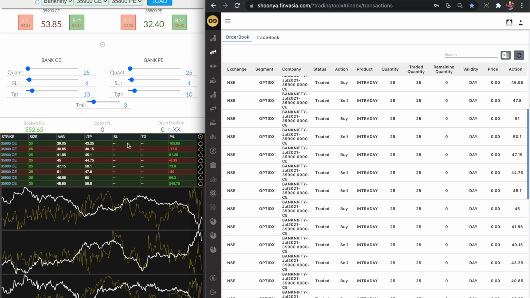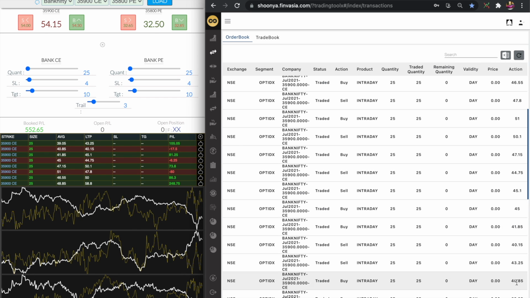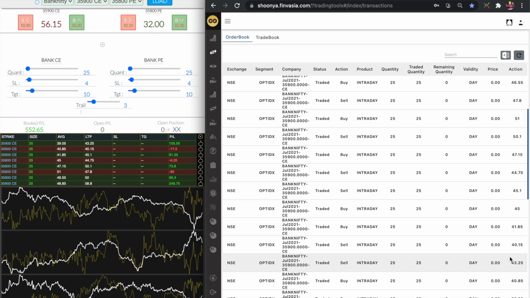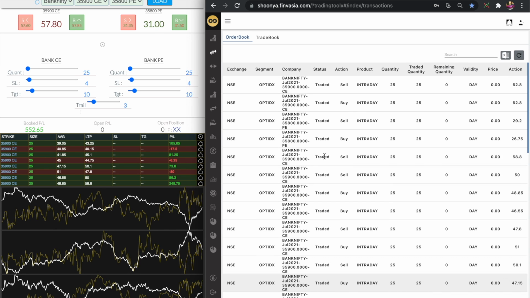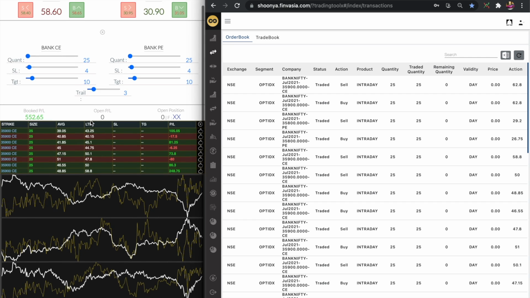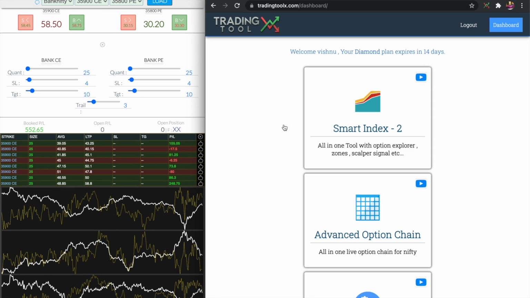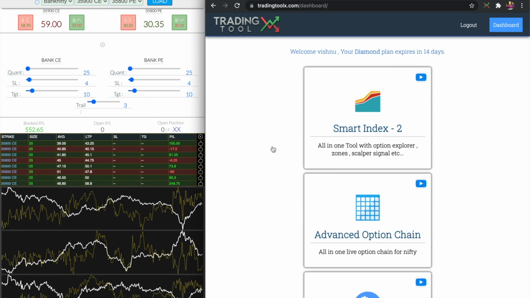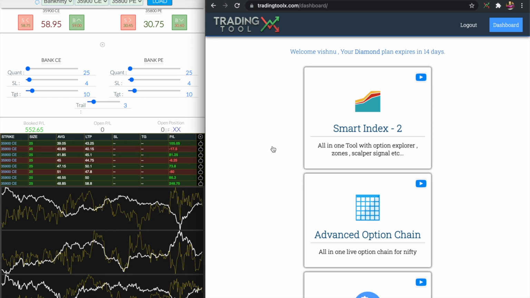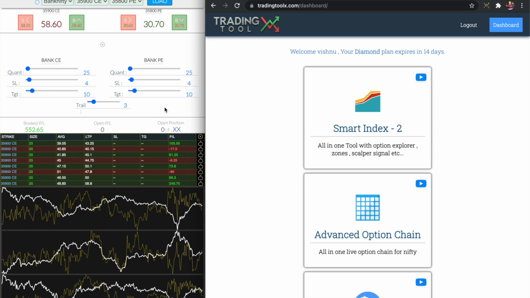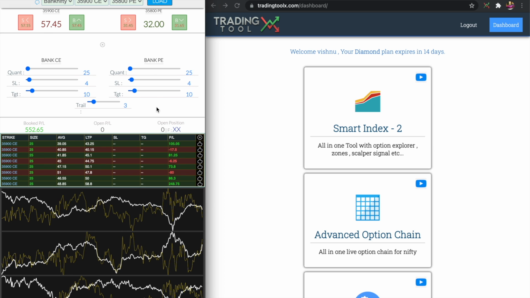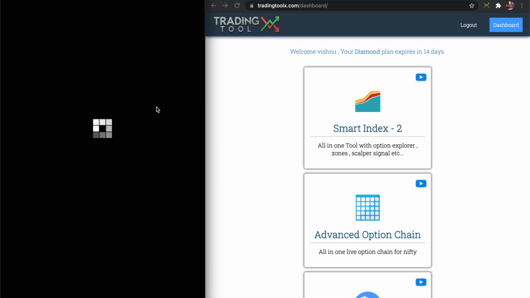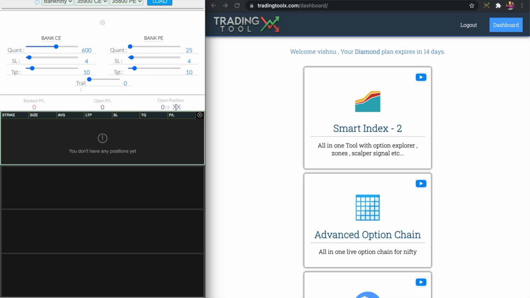Okay, that's it for this video. This video is not any strategy video. I just want to show how Finvision is integrated with the one-click trader, and how the entry price and exit price are exactly the same in both the one-click trader and the Finvision order book. And as far as I tested, order execution is also very fast like Zerodha. Also, in addition, they don't have any brokerage for the trades, so you can take multiple trades with a smaller position size. Since you are scalping, it is a very good thing.